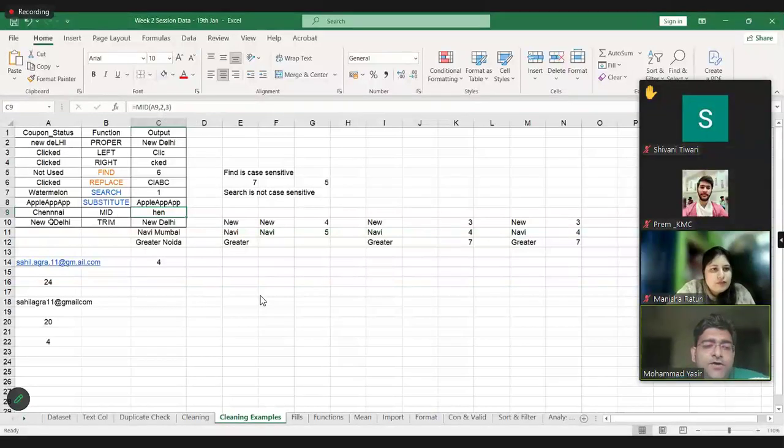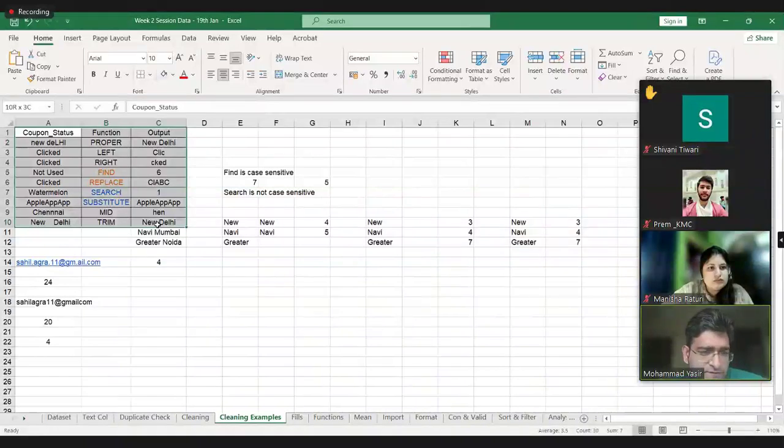Okay. Now if you see in our raw data, we had something like this, 4-5 spaces followed by Delhi. So I want to remove all the extra spaces, so I can use the trim function. Trim function only has one argument. It removes all the extra spaces from the start and end and in between of the input string, right? So these were the more important functions.